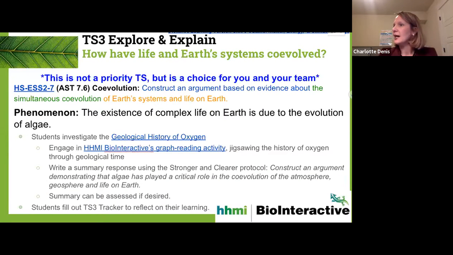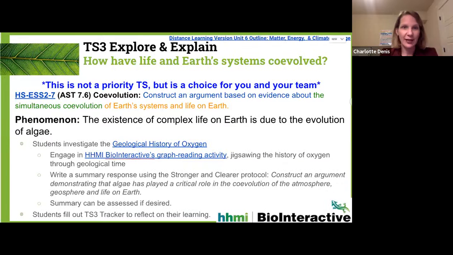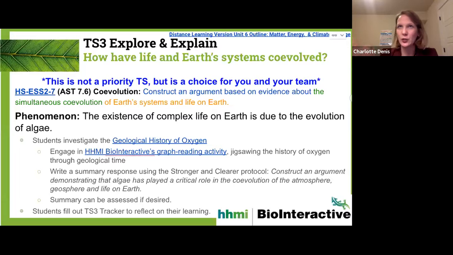All right. Along the same lines of not being able to cover everything, we have made some decisions about which NGSS targets are higher priority than others. So carbon cycling is maybe highest priority, and coevolution, which is this ESS standard, is maybe not as high a priority. And so there is a coevolution task that's written in this unit. It has to do with the geological history of oxygen gas, and it comes from HHMI BioInteractive. So it uses their BioInteractive